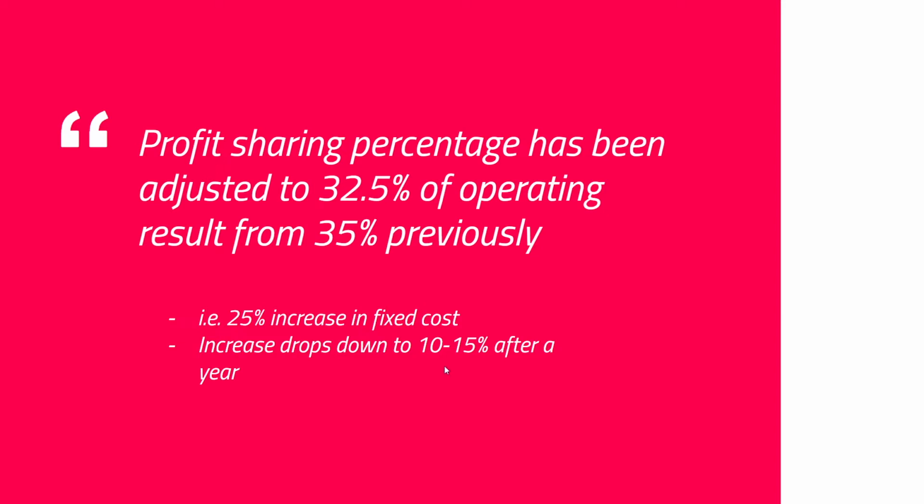They did say they expected them to drop slightly in the year after, but I have my doubts. Fixed costs tend to be sticky, otherwise they wouldn't be fixed. These are technology expenses, and if you hire more people, you cannot just get rid of them in a year. Flow Traders is indicating a decrease in fixed costs, but personally I just expect a higher baseline, maybe not 25%, but